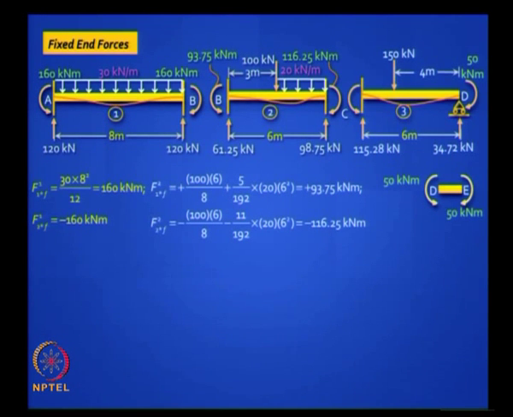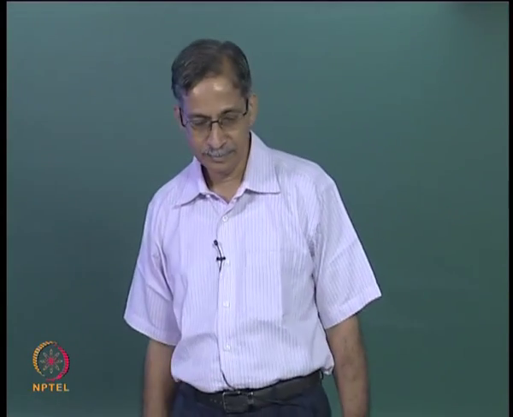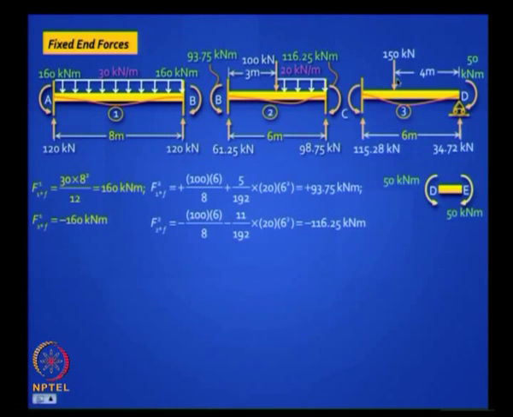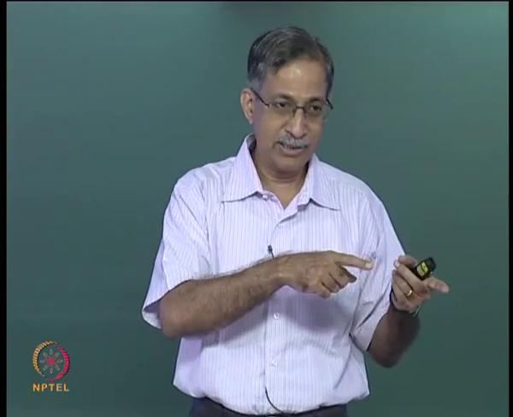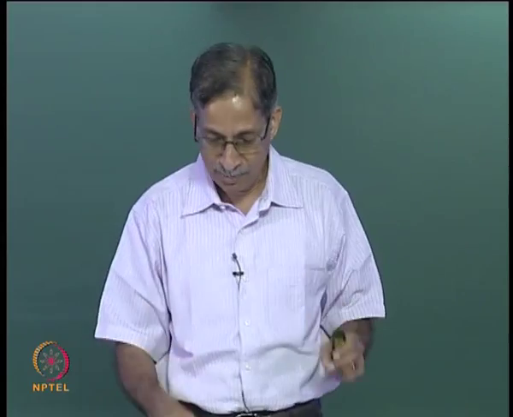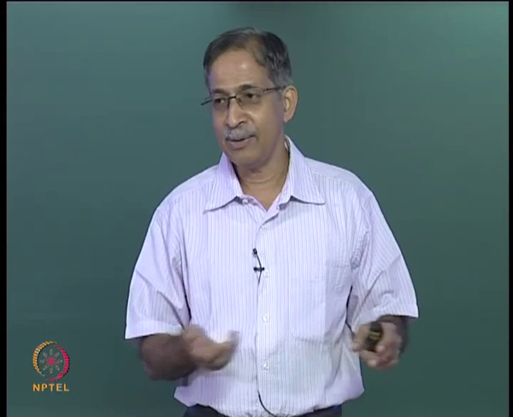You have done this when you did the slope deflection method moment. Do it once more. Well, due to the 150 kilonewton load, for a fixed beam, you know the formula, WA squared B by L squared for the left end, and for the right end it is WA B squared by L squared, and you need to release that, so half of it gets carried over to this side, so that part you can deal with. What about that 50 kilonewton meter? Half of it gets carried over with the correct sign, so that's all you need to do.